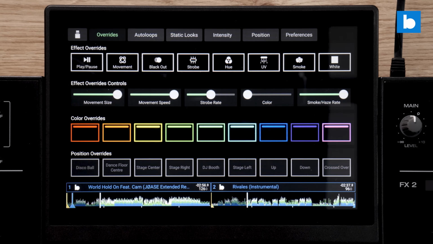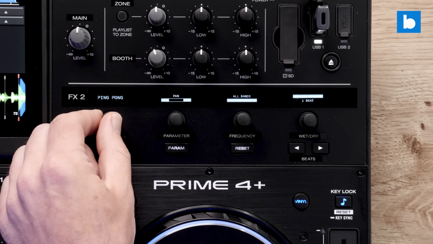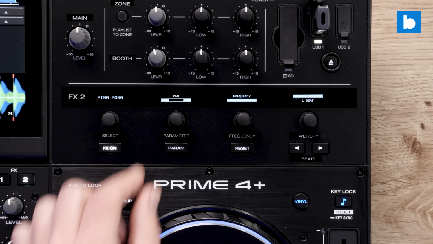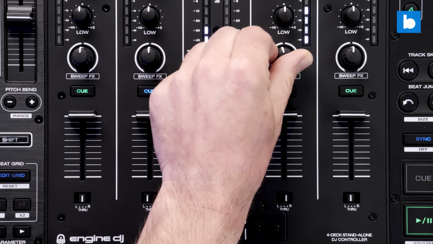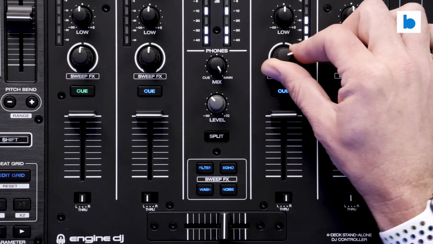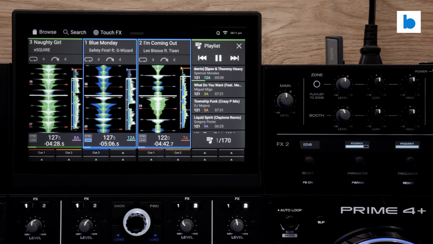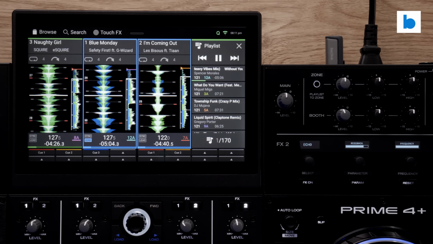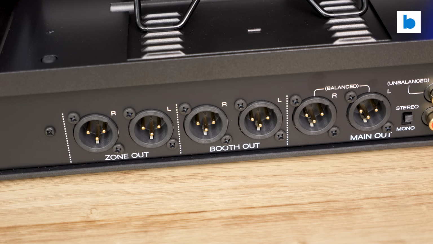Lighting control with Engine Lighting, which takes SoundSwitch and embeds it into the hardware to control DMX or smart lighting from Philips Hue and Nanoleaf, the incredible suite of main effects and touch effects which we've already discussed in this video, 4 selectable sweep effects, Serato DJ Pro and Virtual DJ Pro support, a fully featured zone output which can run a playlist through an output completely separate to the main one, and then that brings us to the